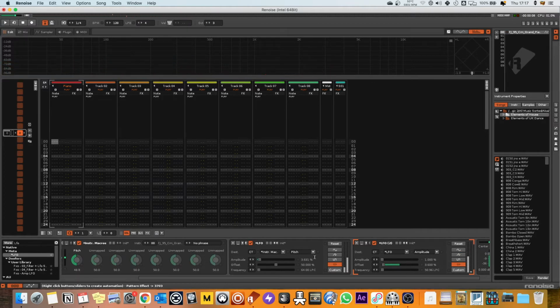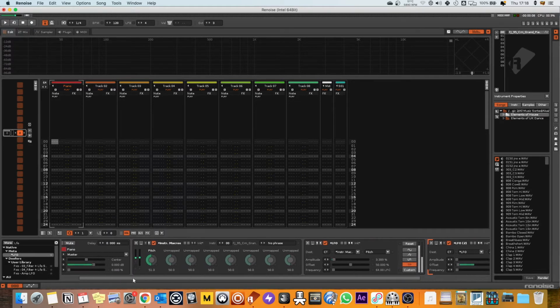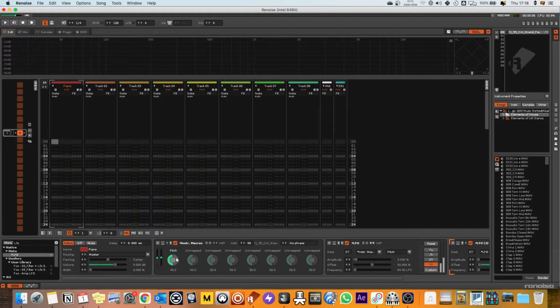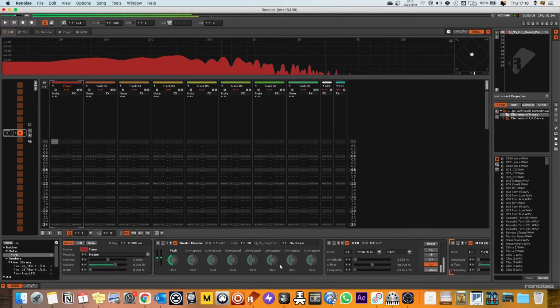So what I'm doing is I'm kind of doubling up on the randomization. I'm randomizing the amplitude, and then the amplitude is then randomizing the pitch. So you're getting kind of double randomness. So if I just play the whole sample,